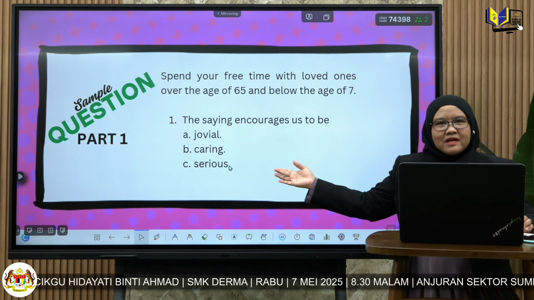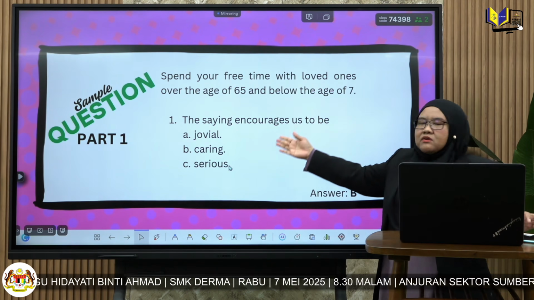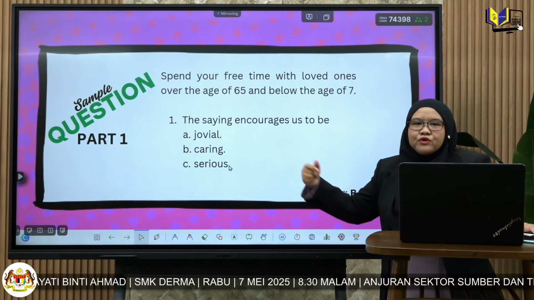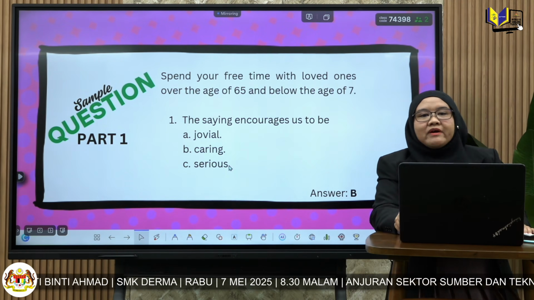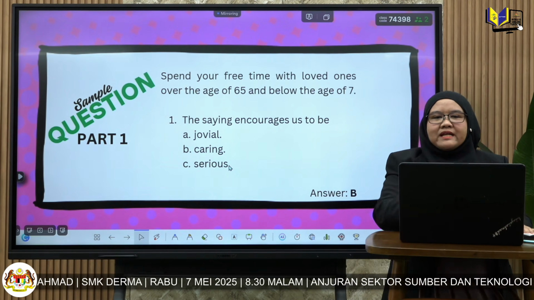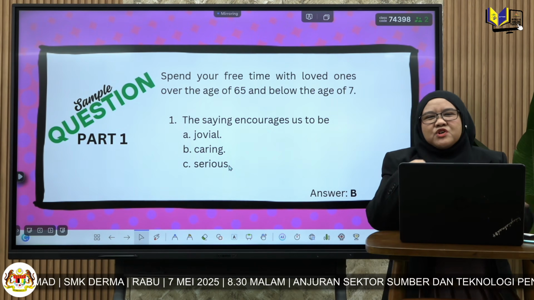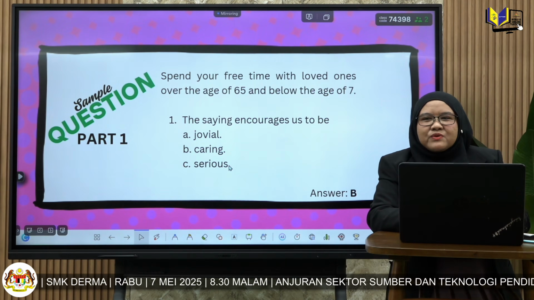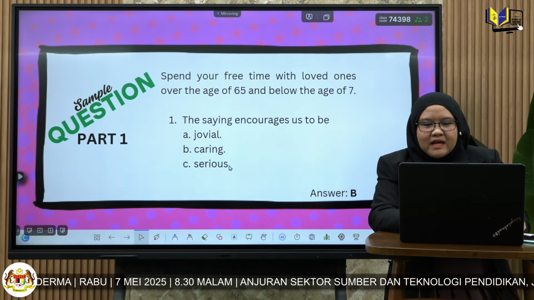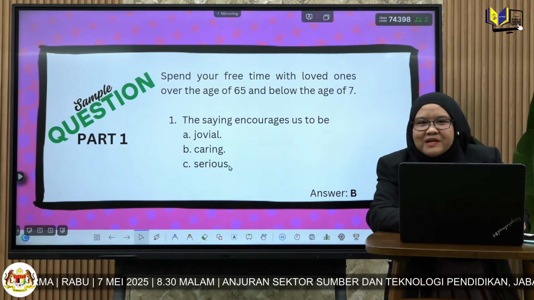Like I said before, there will be questions and also options from A, B, and C for you to choose from. I know some of you are very familiar with this, but I think it's very important for you to understand the purpose of the question, so you will not feel so nervous when it comes to the questions. And I believe every student in Perlis can answer